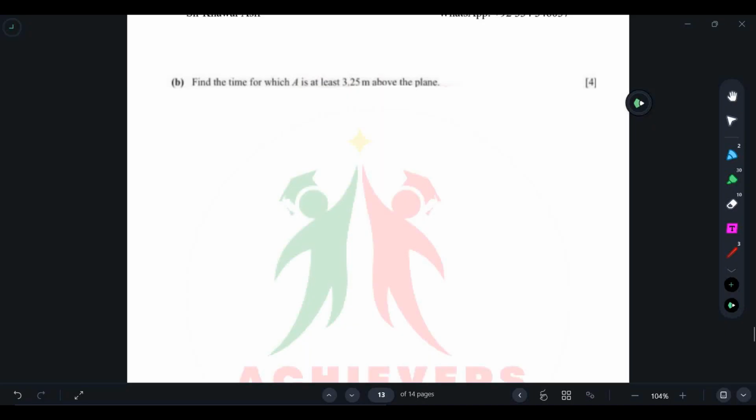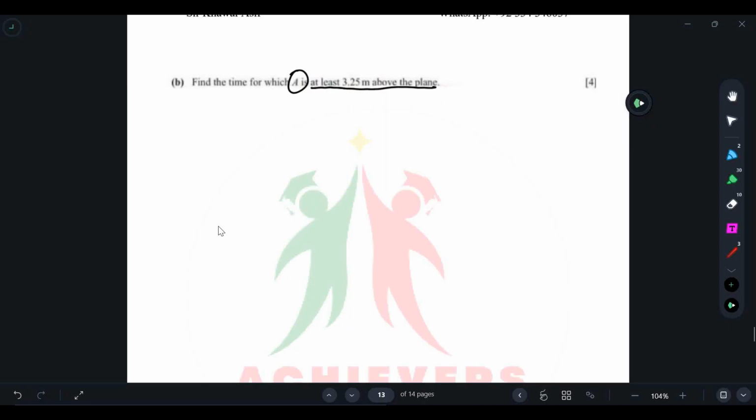Find the time for which A is at least 3.25 meters above the plane. This line is very important: at least 3.25 meters above the plane, particle A. Now first of all we need to find out the time, but we know that